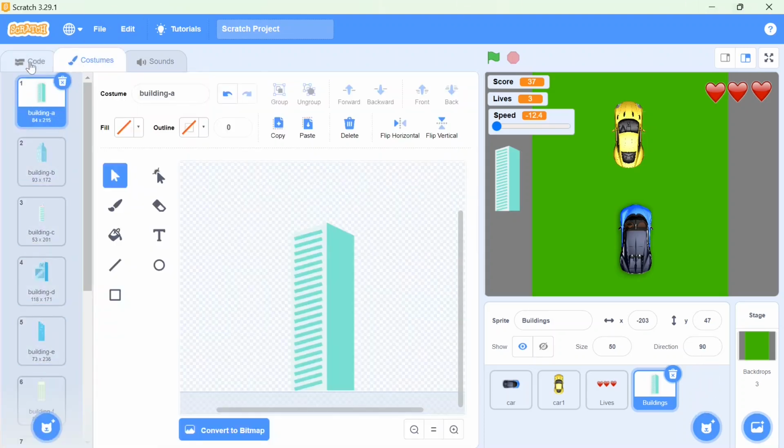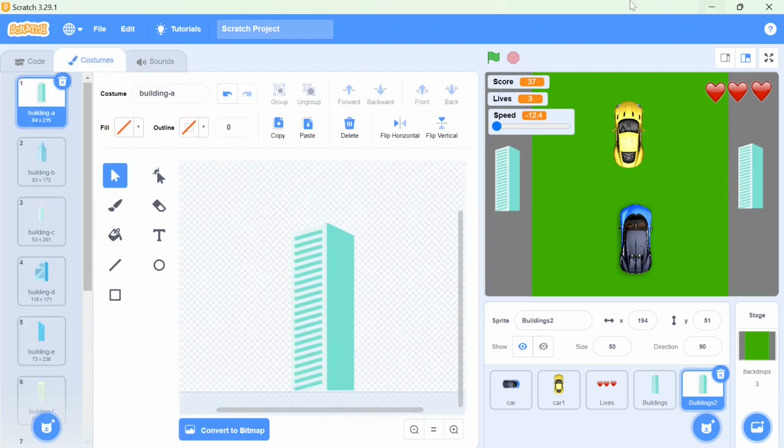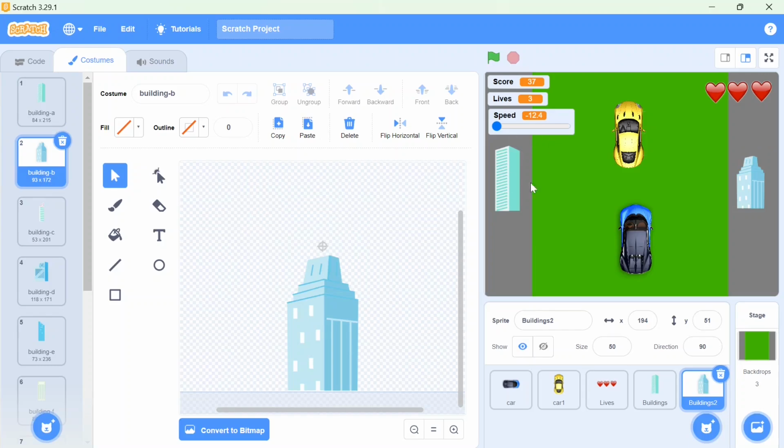Great. Can we duplicate it? Make it more interesting: one building on this side and one building on the other side of the road. So I'll duplicate this sprite and place it over here. This is building 2. I don't want the same building to come over here. So I'll go to the costume of this and I'll select the first building which we observed, that is this one. So you can see both sides different buildings are visible. And when the track is moved, it will appear like the buildings are also changing continuously.